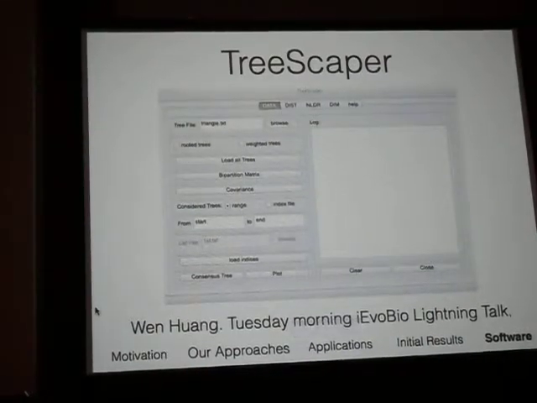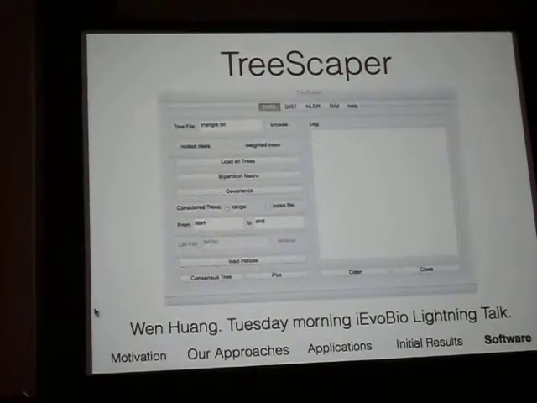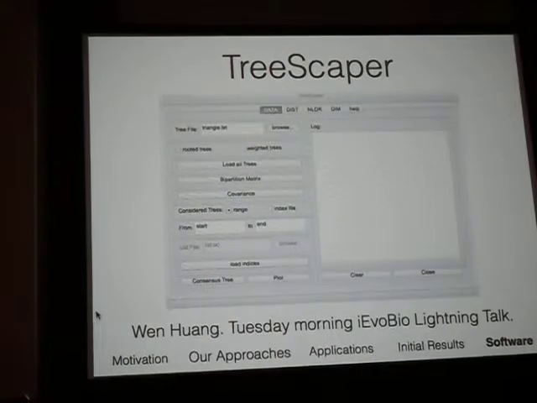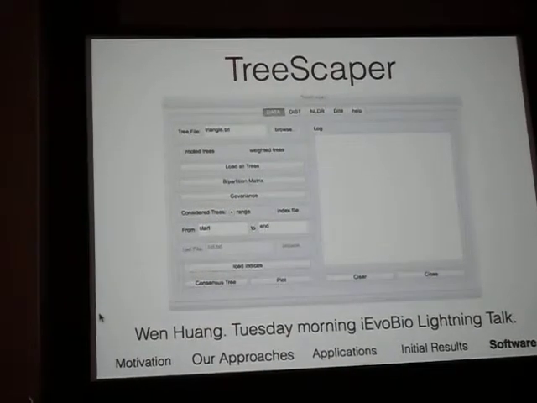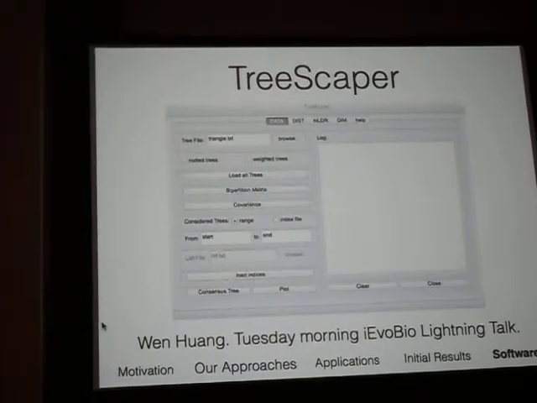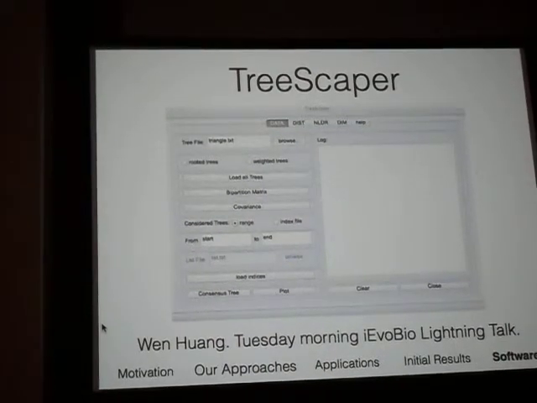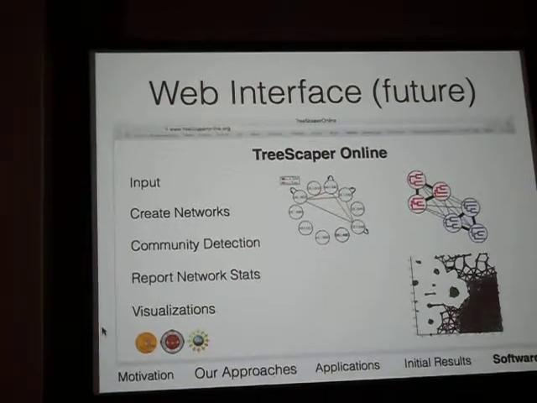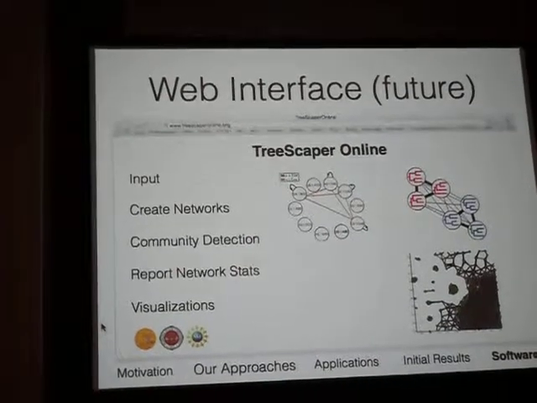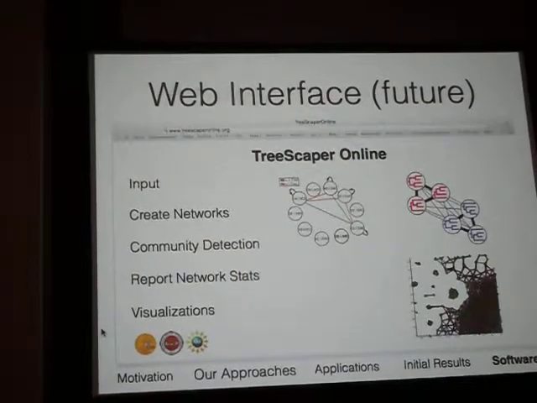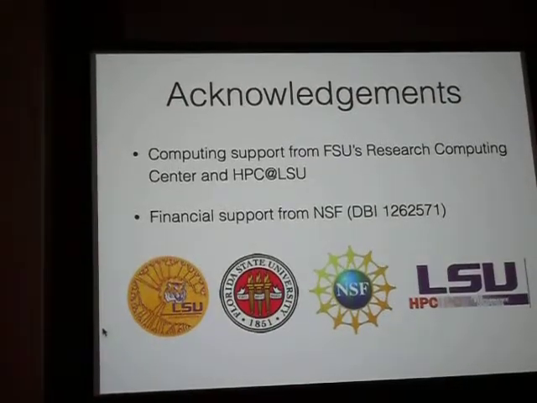This has been implemented in Treescaper, and Wen is going to give a lightning talk at IEGO Bio about Treescaper. Treescaper is available. I, of course, forgot to put the URL here, but if you go to SourceForge and search for Treescaper, you can find it. Treescaper is already capable of calculating these networks and doing community detection. In the future, we'd like to implement this in a web-based interface. We've talked to some science gateways about making it available as a tool within some of these larger toolkits. So thank you very much for your attention, and I'd be happy to